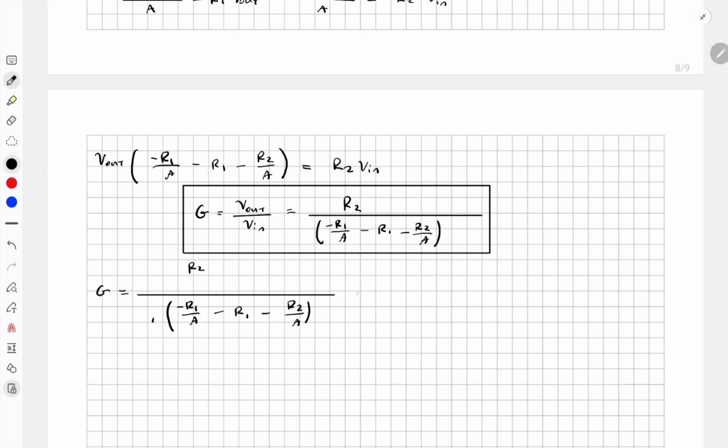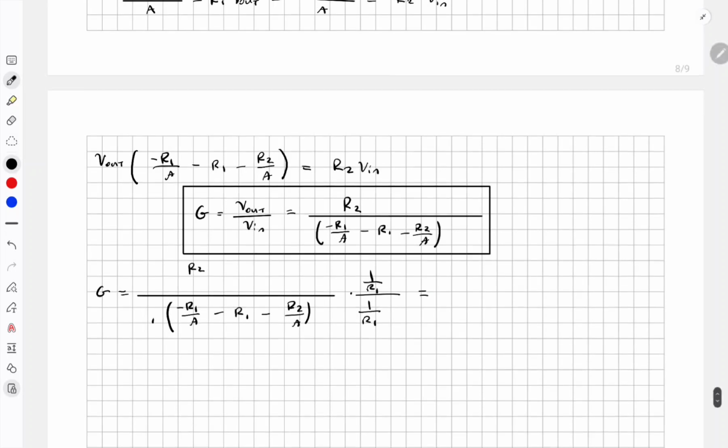So what we were really doing is we're doing 1 over r1 divided by 1 over r1, like this. That's the same thing, but I'm just being a little bit more specific. So now it looks like this. We're distributing this negative r1 to all three parts here. It becomes